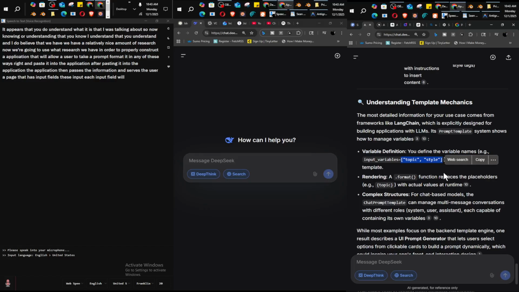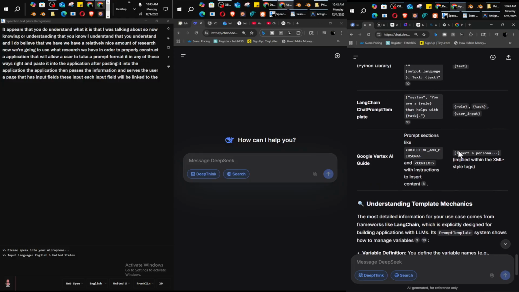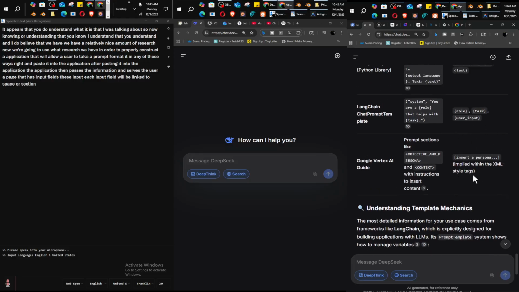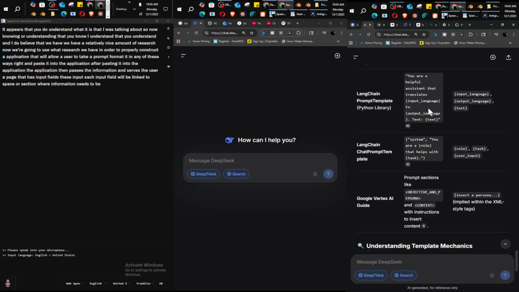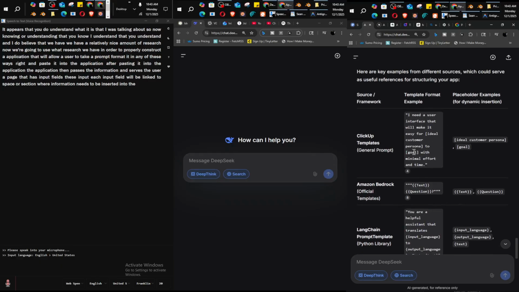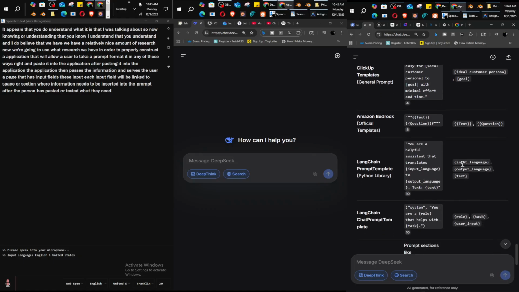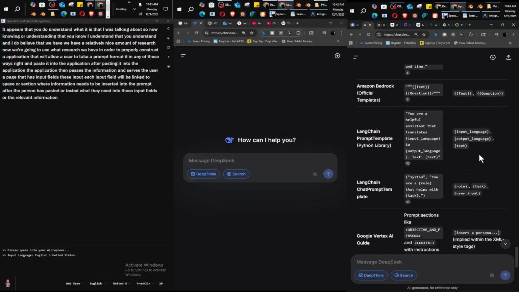Each input field will be linked to the space or section where information needs to be inserted into the prompt. After the person has pasted or typed the relevant information into those input fields, they confirm, and a new prompt is created,